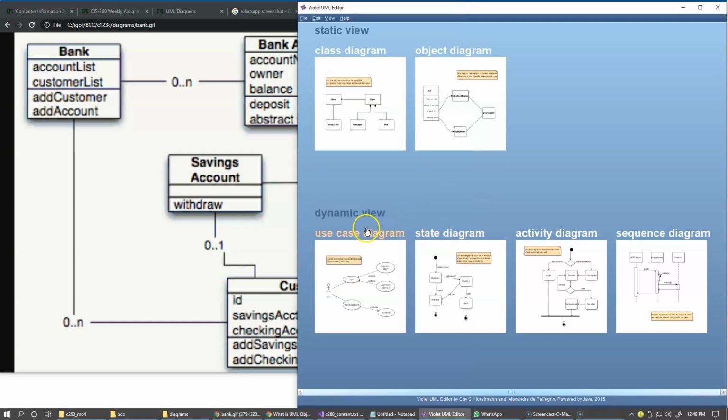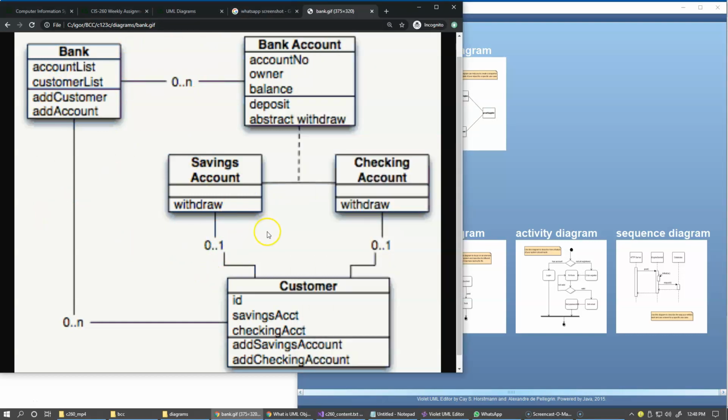These dynamic or behavioral diagrams, such as for instance the sequence diagram, will be able to visualize when these objects are created. To begin with, this is just a blueprint. This is not exactly any kind of dynamic view. This is just a static view of the structure that we're planning to have to be able to support the business rules of our problem domain. In this case, a banking